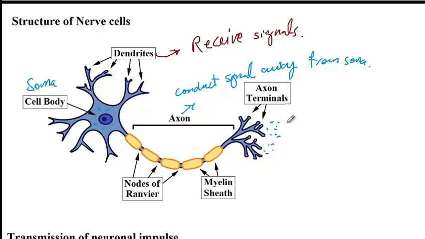Now, we will discuss later on the functions of the myelin sheath, but as we just discussed, we have two types of glial cells that form the myelin sheath. And those, could you tell me what they were? For the central nervous system, we had oligodendrocytes, and for the peripheral nervous system, we had Schwann cells.